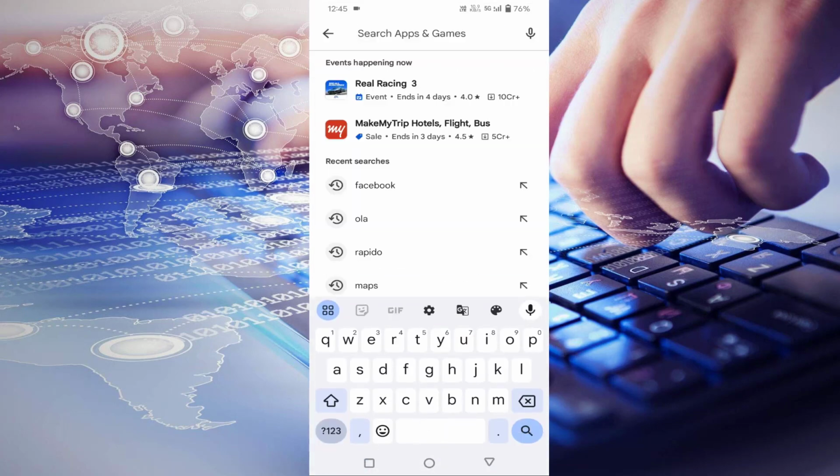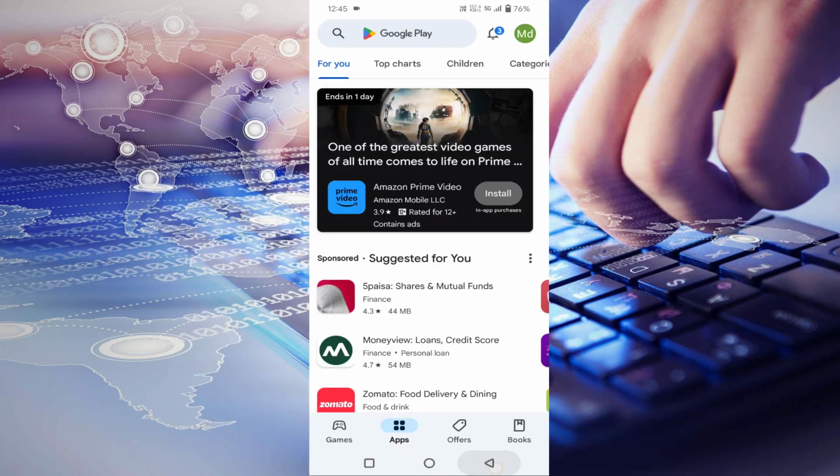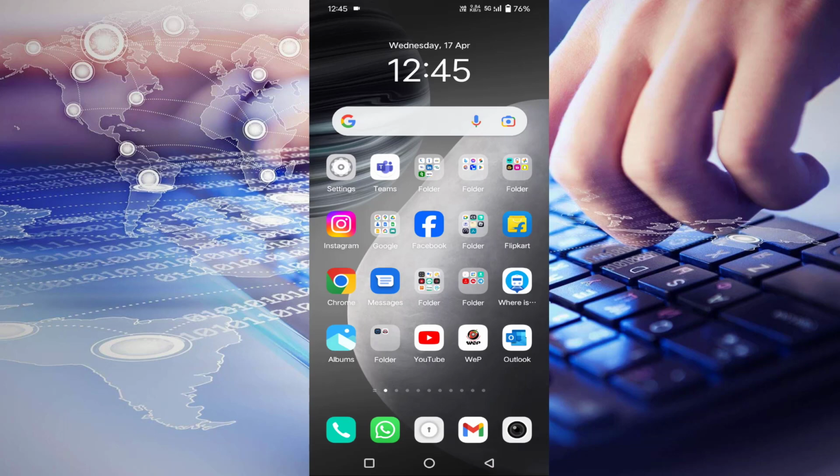then search for Facebook. If there is any update pending for your Facebook app, just update it from here. After updating, once you have to restart your mobile. After restarting, hope your issue will be resolved. That's it guys. So in this way you can fix an error occurred in